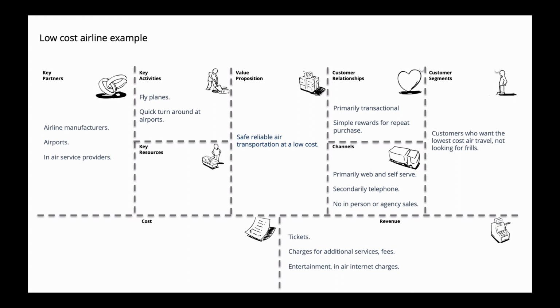So then we think about the key resources. Well, what do they need to deliver? They need aircraft, they need pilots, they need support staff, right? Those are the key resources, and perhaps also fuel, perhaps also some of these other things, but really to deliver, aircraft, pilots, and support staff. And then their cost structure is pretty complicated. They have operating planes, fuel, people, maintenance, direct sales channels and marketing, and if you look specifically at Southwest, they significantly reduce costs through standardization.